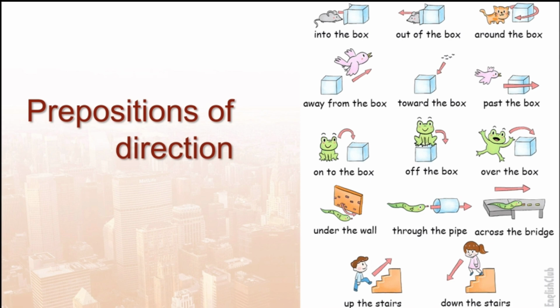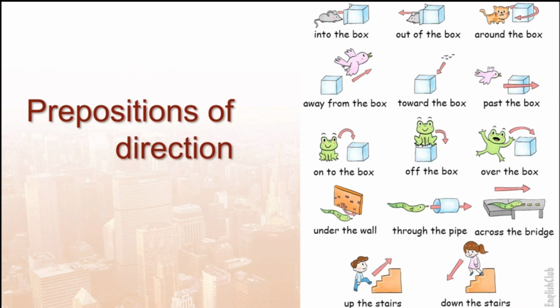In the first one, you can see a mouse is slipping into the box. So this basically means that the mouse is not stationary but it is moving. In the next example, the mouse is coming out of the box. In the third one, a cat is moving around the box. So children, these prepositions of direction like into, out of or around can be compared to prepositions of place like in, on or in front of. But in that case, your noun was stationary, and in this case, your noun is moving.